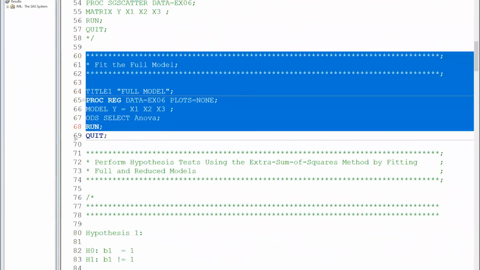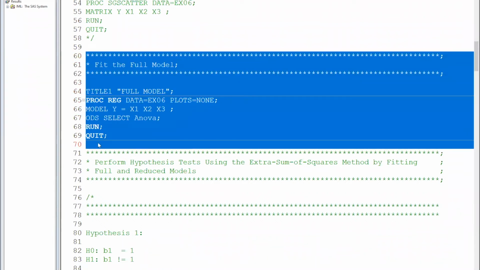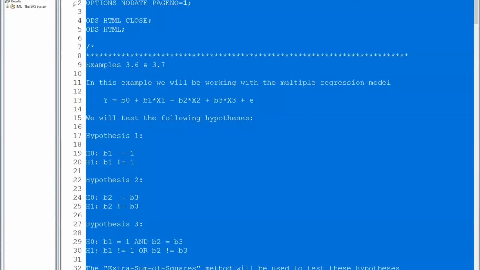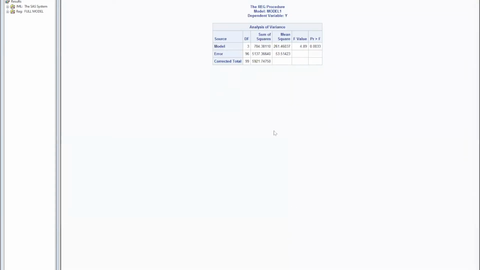So in order to implement the extra sum of squares principle, we have to have a full model, and then we have to have one or more reduced models that correspond to the various hypotheses that we may want to test. All right, so let me go ahead and I'm going to run